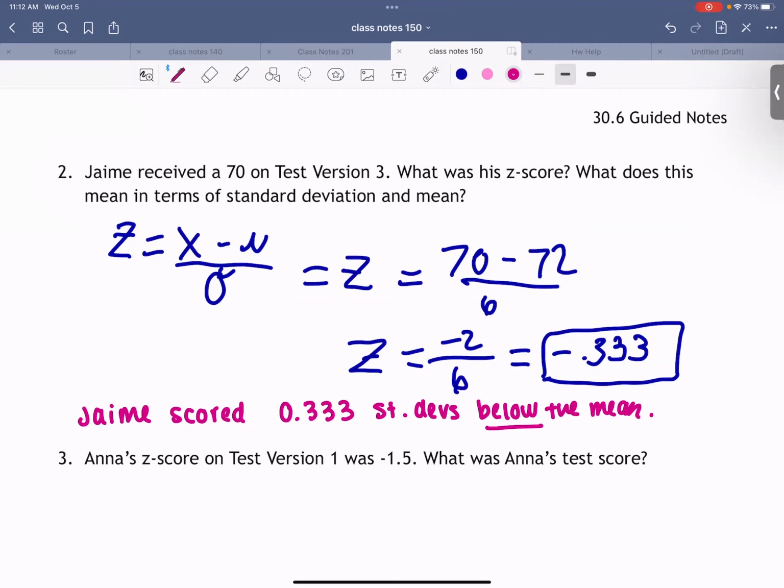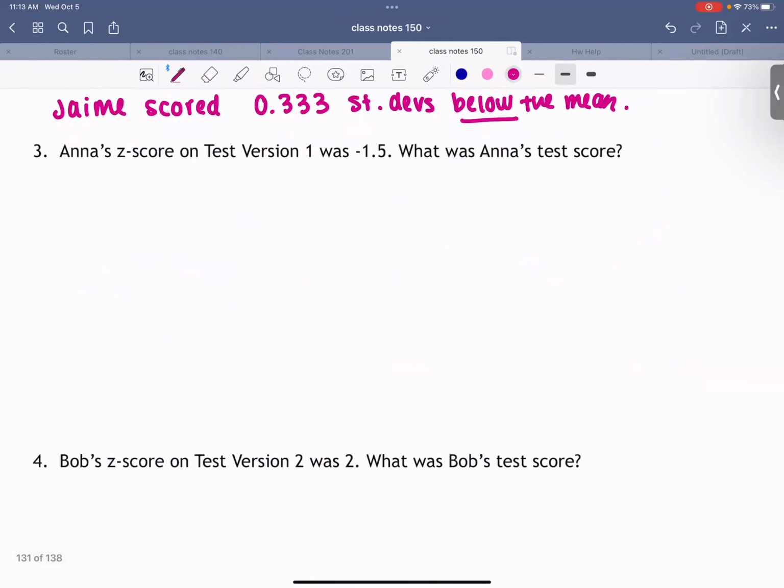All right. Let's go to number 3. This one's a little bit different, right? This one's giving us the z-score, and we want to know what the test score is. So this one is actually asking us for the x value instead of the z-score, okay? So let's write out the equation here. We have z equals x minus the mean over the standard deviation,